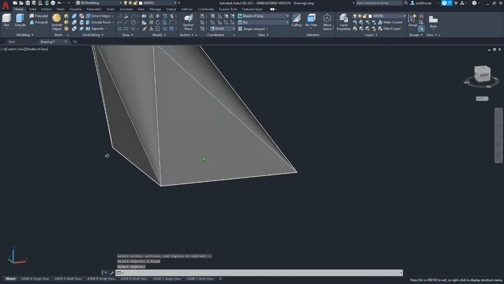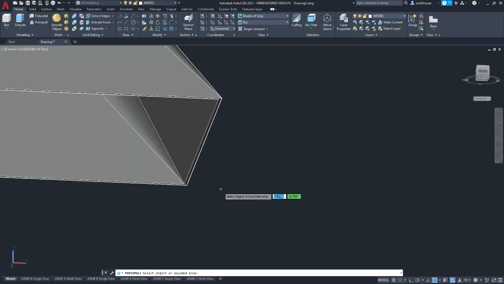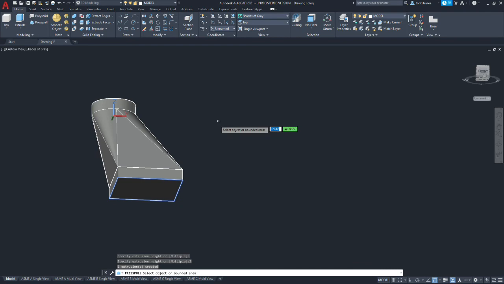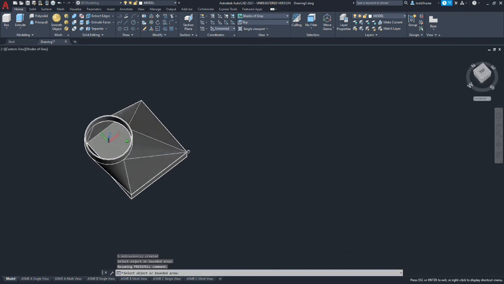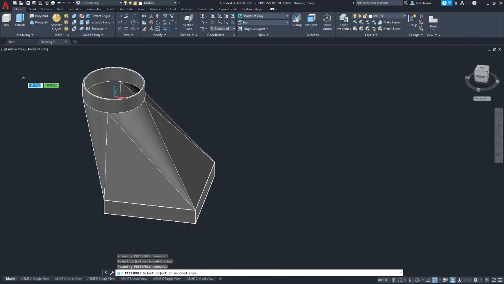Okay, now what we need to do is build our base at the bottom. Let's try press pull. Doesn't always work well. And we're trying to pick up on just the outside rim. There we go. We're going to press pull down 2 inches. All right, so we were able to do it. It's quite a few more steps. It would have been great if the shell command worked. If you can get it to work, kudos to you.